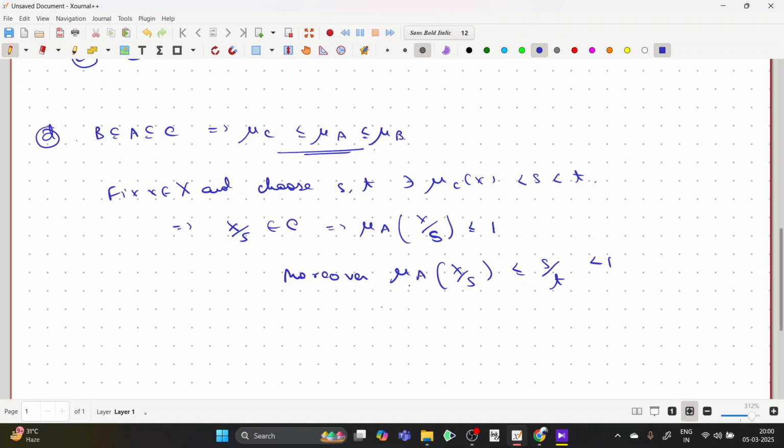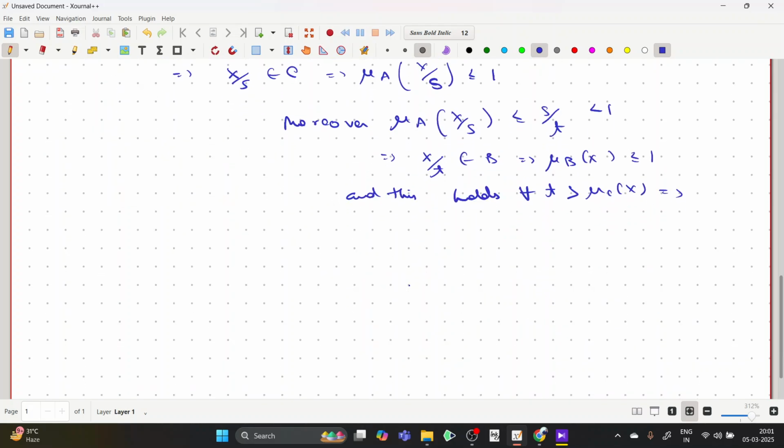This implies that x by T is in B, which implies mu B of x is less than or equal to T, and this holds for all T greater than mu C of x,